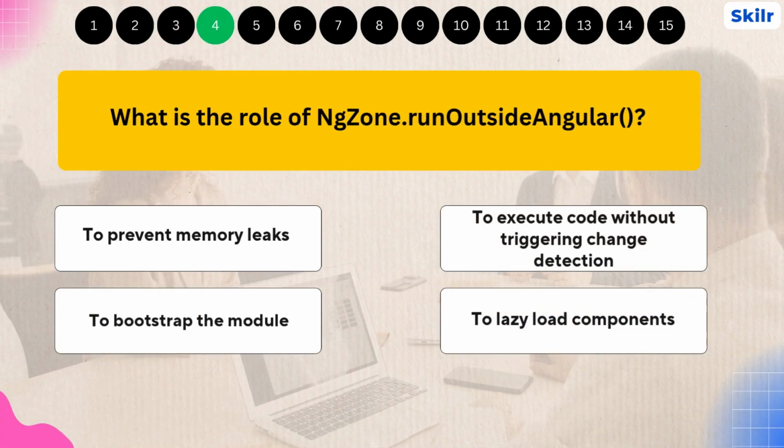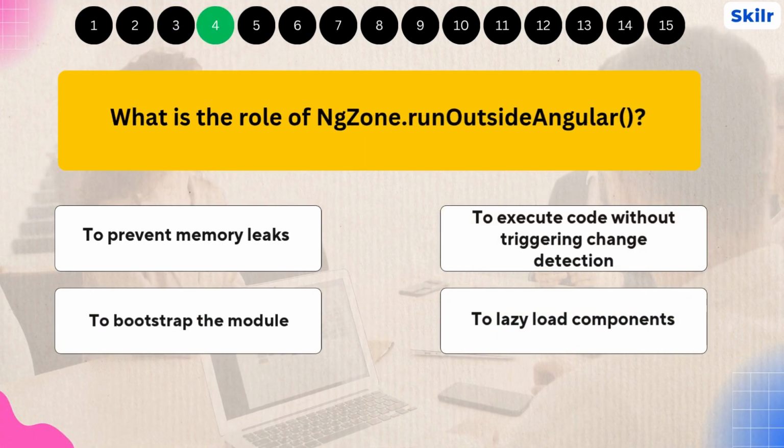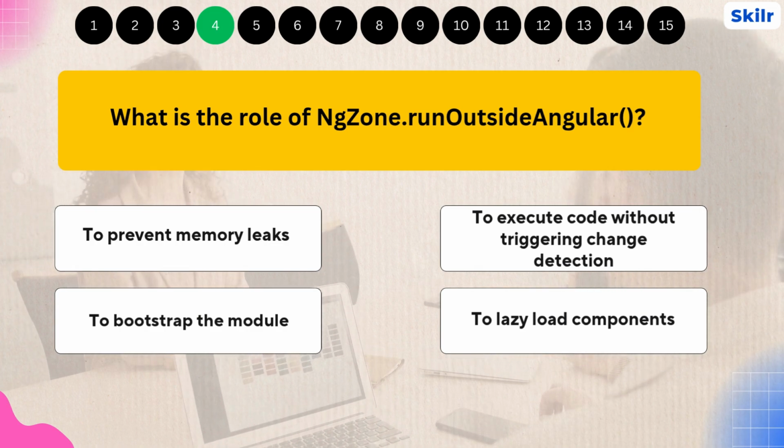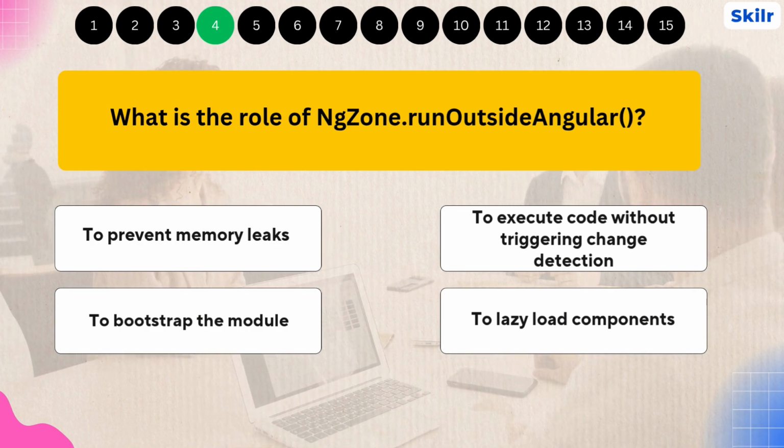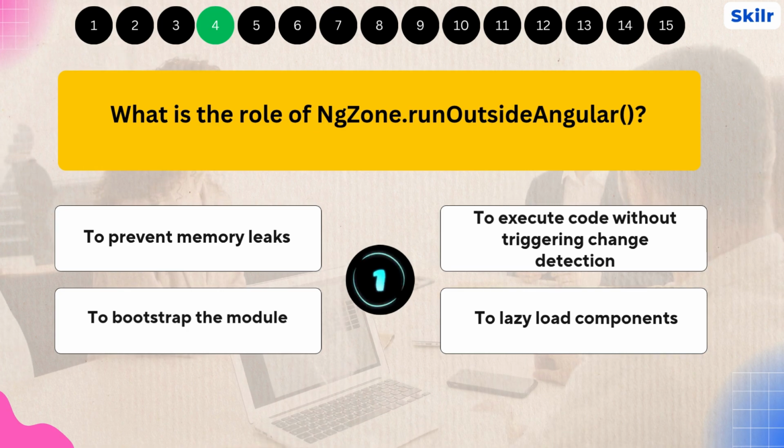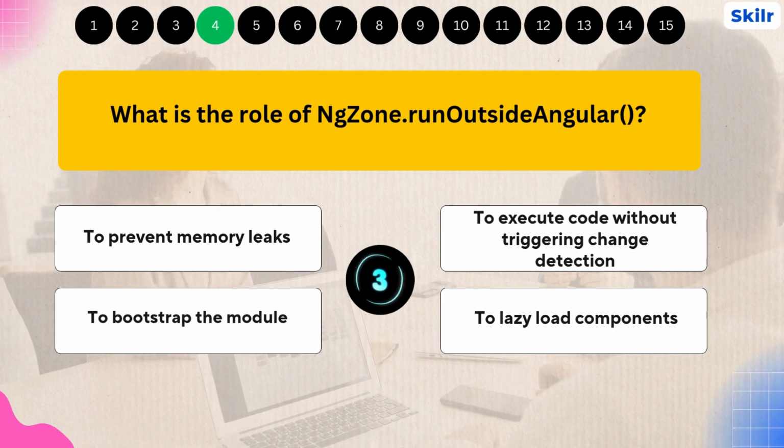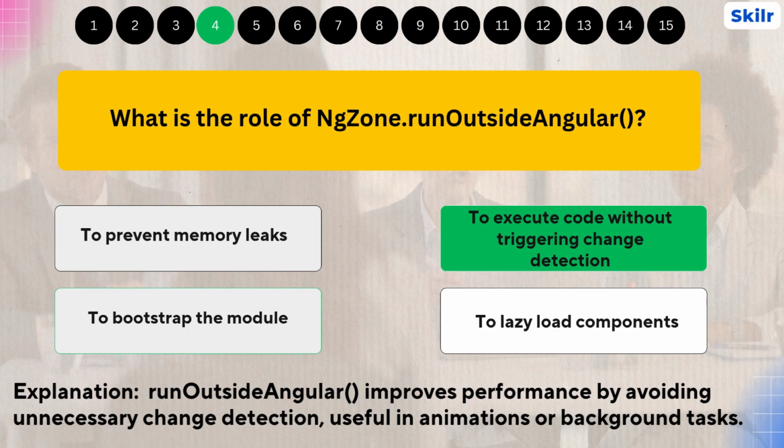Question 4. What is the role of ngZone.runOutsideAngular()? The correct answer is to execute code without triggering change detection. As runOutsideAngular() improves performance by avoiding unnecessary change detection, useful in animations or background